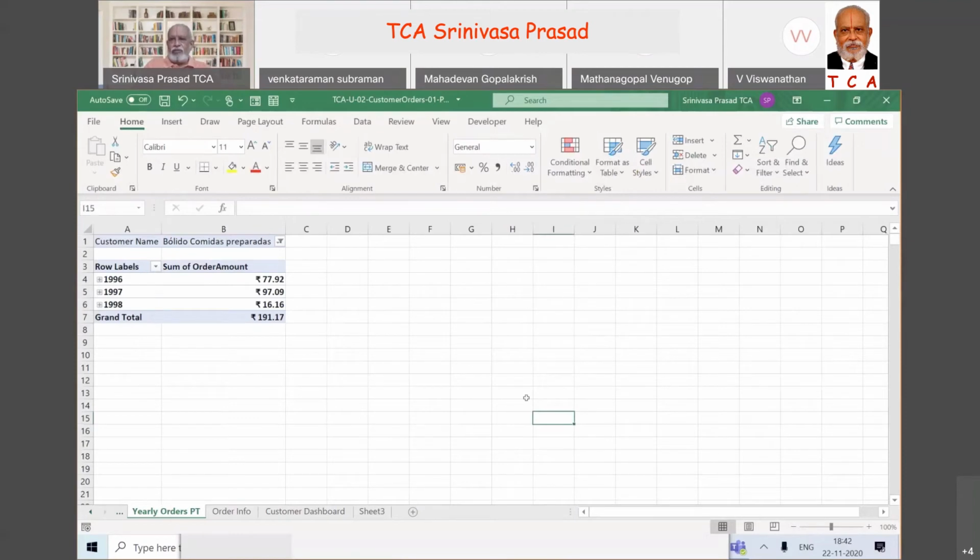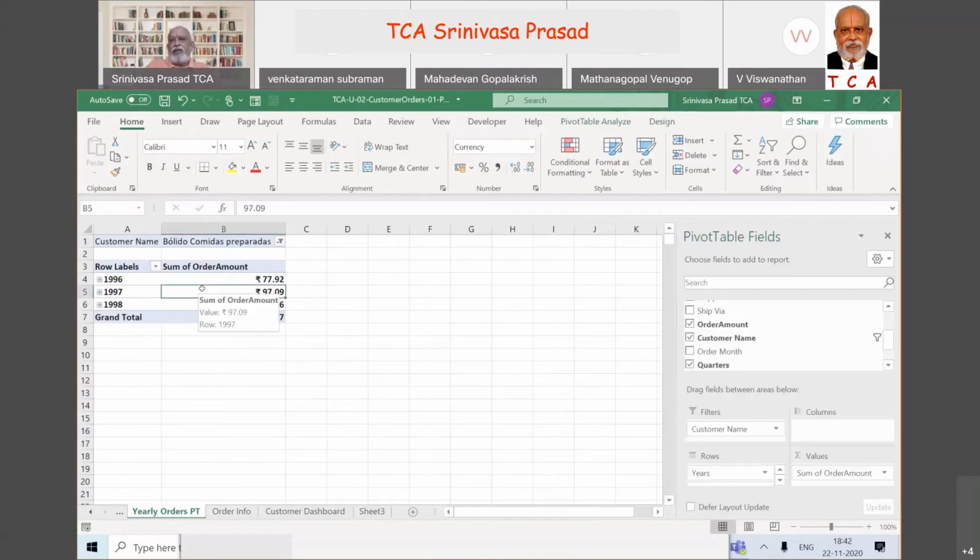Sir, what we wanted to do is prepare a chart now. That is our ultimate objective if you have really looked at it. So what we will do, we click somewhere here and all the pivot table fields will automatically appear. Please remember we have menus: File, Home, Insert, Draw. Since I created a pivot table, a Pivot Table Analyze menu has now got added.